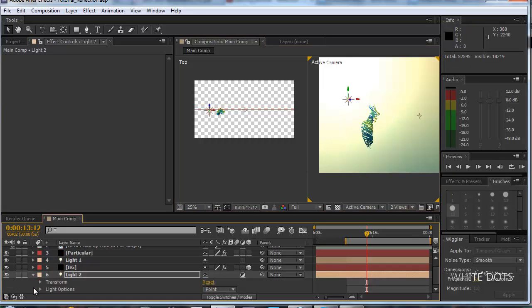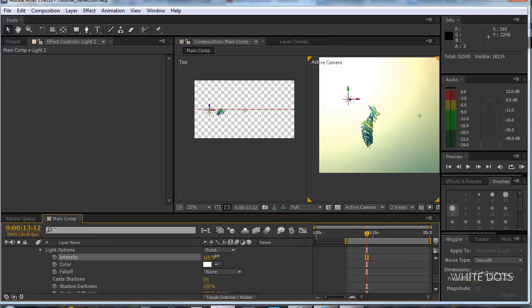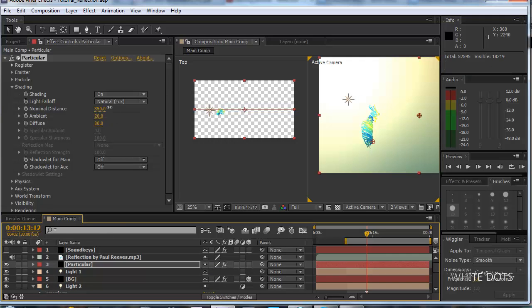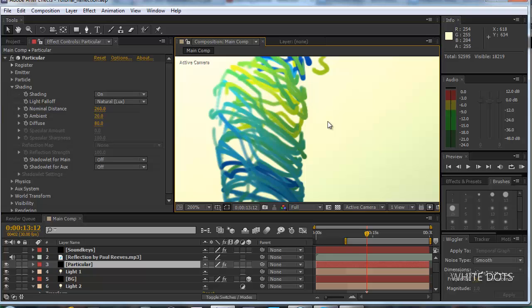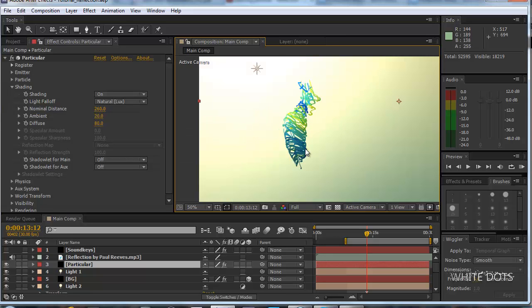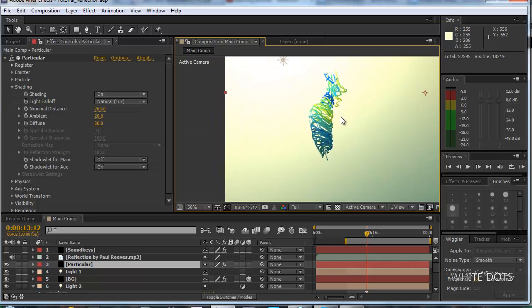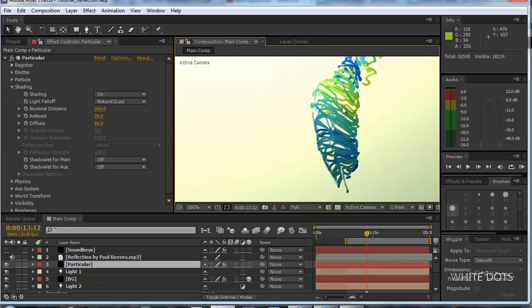You can always change the intensity of the light, increase it, or of course go to particular and decrease the nominal distance. It's up to you. This is all experimental. The more you experiment, the more you play with these settings, the more interesting your project gets. Alright, let's move on. We have this great light effect. The closer it gets to the light, the brighter it is. The further it gets, the darker it is, but we still don't have this form, this shade,